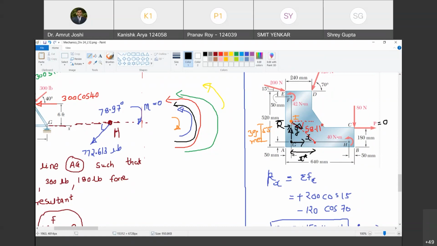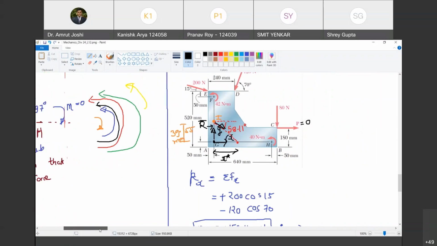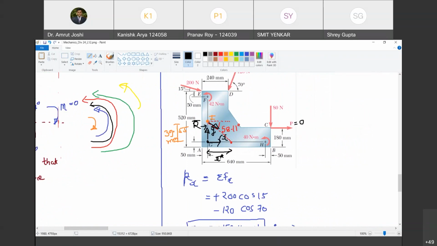Great. Now, do you know this vertical distance? Yes, it is 39.55. Happy? Yes, sir. Very happy. You know this 58.11 degree angle? Yes. So therefore, what will be this angle? This angle also will be 58.11 degree. Do you agree with me? I didn't understand how, sir. It is alternate angles. So alternate angles are equal. Are you with me? Yes, sir.